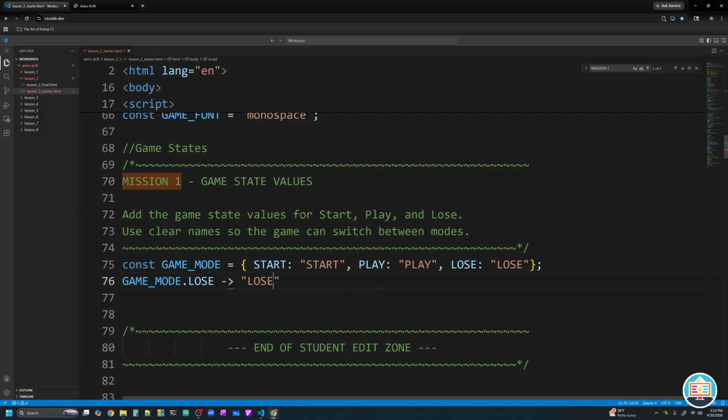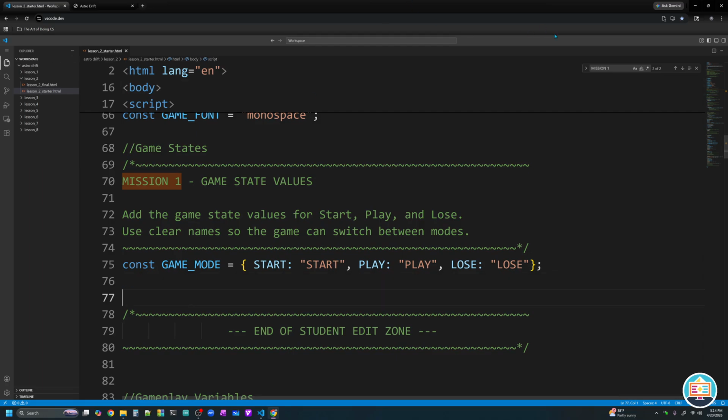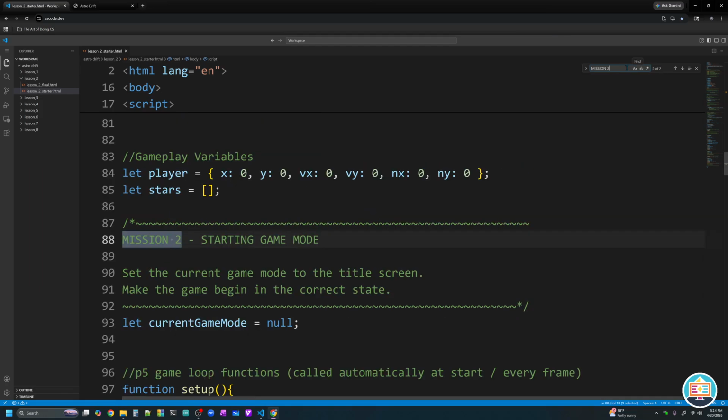We can check to see, hey, what is the value of our current game? Is it this string? If it is, then we know it is game over. Mission 1 is done and in the books. All right, well, let's go to mission 2. So mission 2 says we got to set the starting game mode. So we're going to set the game mode to the title screen and make the game begin in the correct